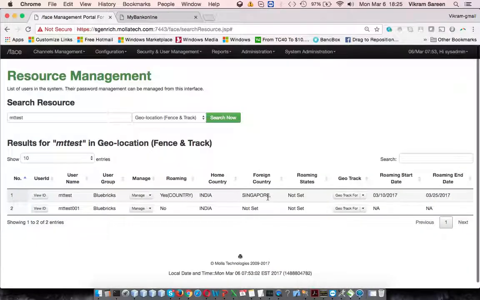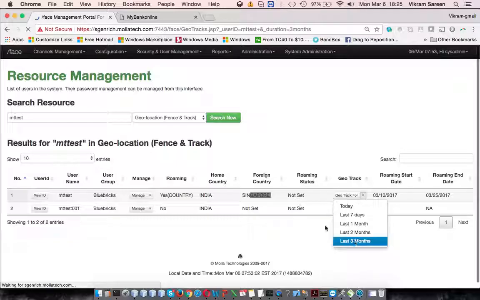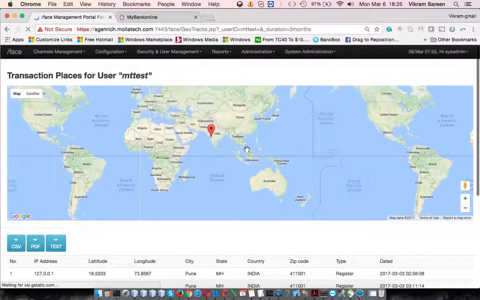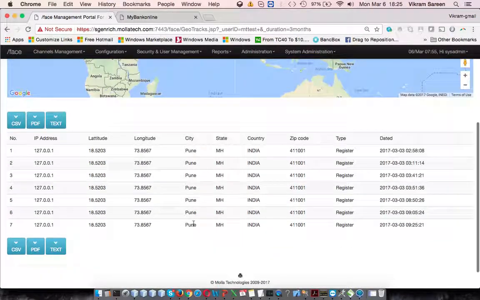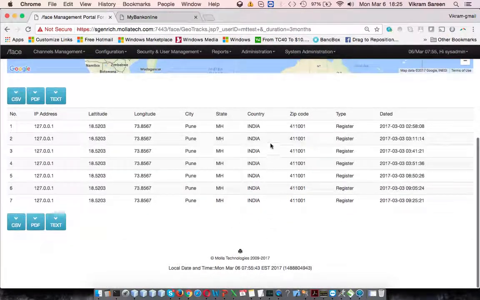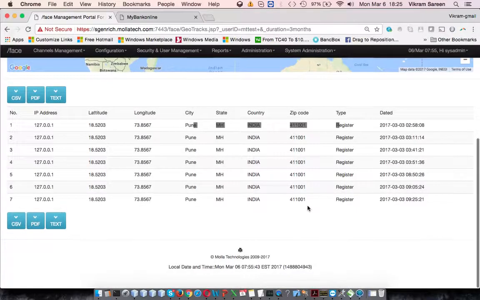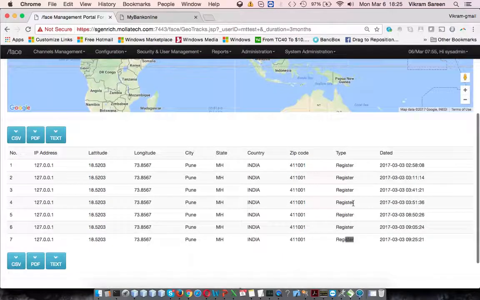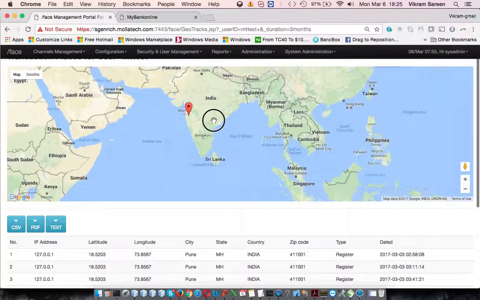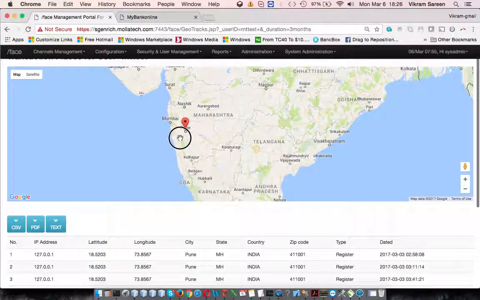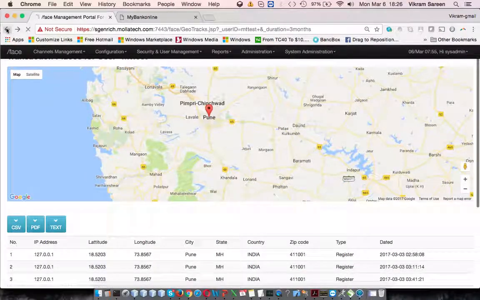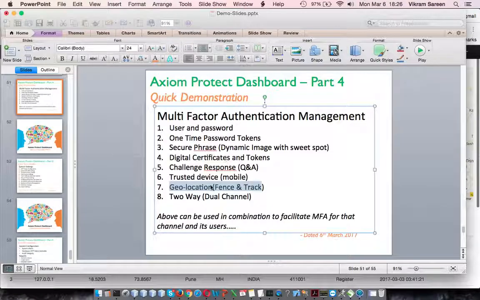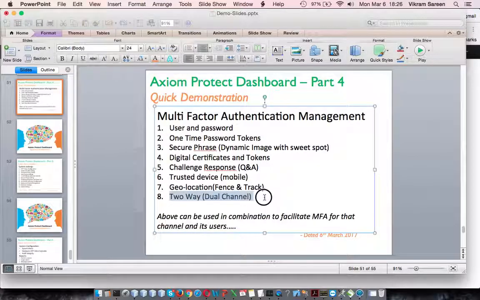So I'll just come over here, search Singapore, and then do this. So let's say in the last 3 months, if there are any reports. Okay, so right now this user has not moved around much. It's mostly in India. As you would see, these are all the details that are coming in from where they have actually logged in, and how many registrations have been done. And then if you see over here, you can actually see the particular map of where the person has come in. So that was very quickly showing you the geolocation part, and now the last one I'm covering is the